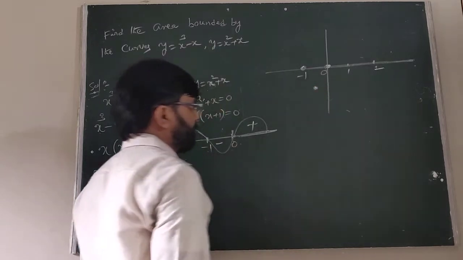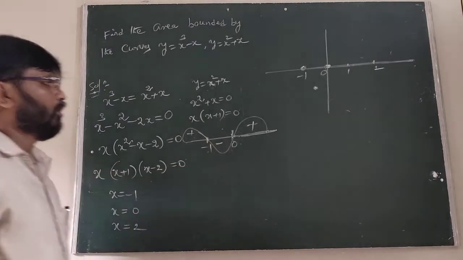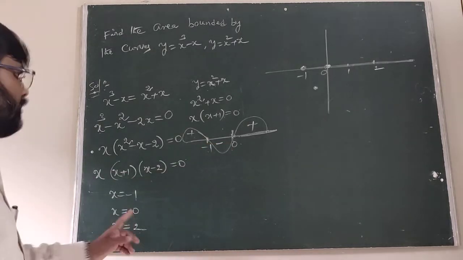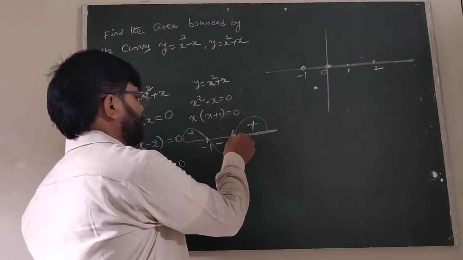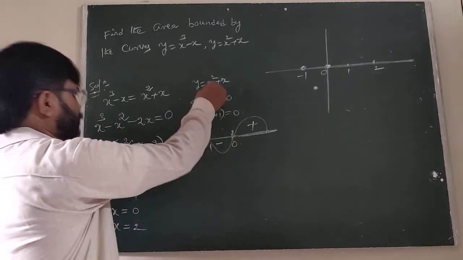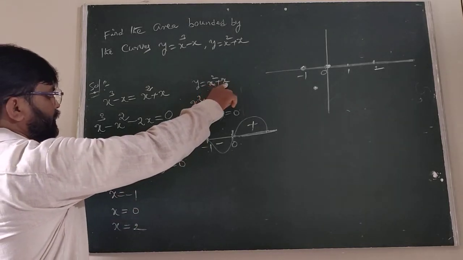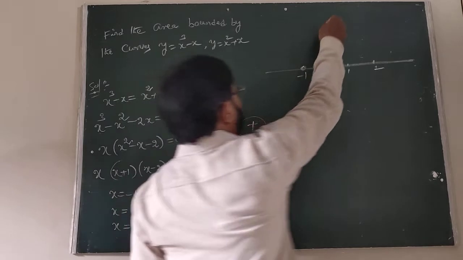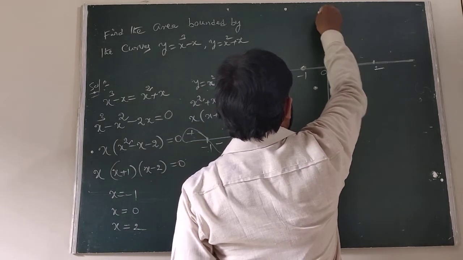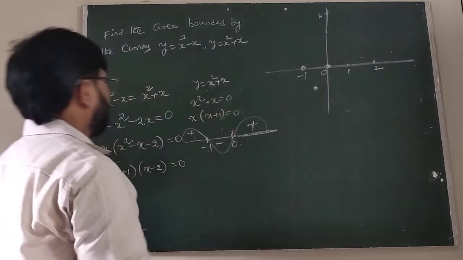The graph must be minus. After that we are taking the 1. Above 0 is plus, and you can substitute 2. If x equals 2, 2 square is 4, plus 2 is 6. So we are taking 6. Okay students, here when we are taking the 1, it is 2.